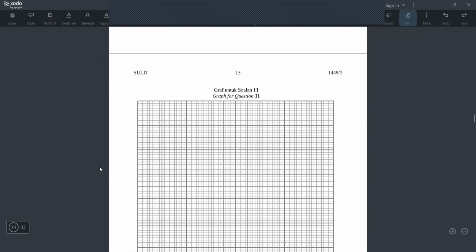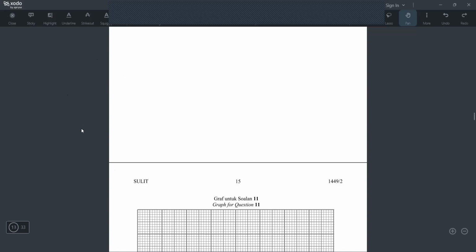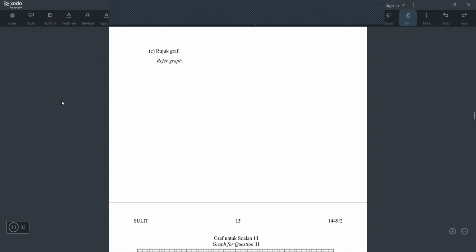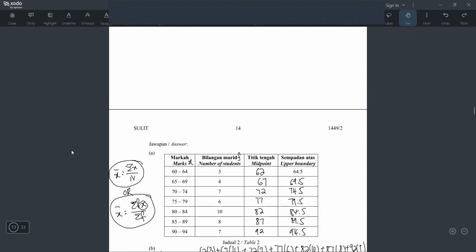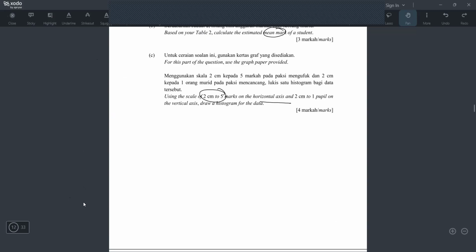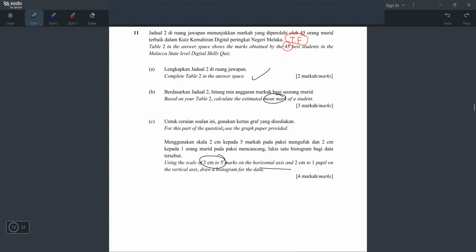Okay, I will not waste your time. I will not draw the graph here because I don't like to drag the video for so long. I will straight away show you the end result later. But before I show you my final answer, I want to mention something here. They want to draw histogram. If they want to draw histogram, ada beberapa perkara penting yang saya nak bagi tahu you sebelum saya tunjuk you saya punya graf.